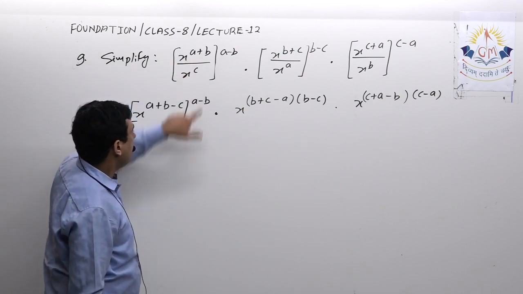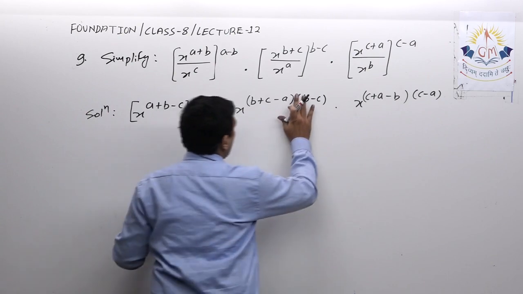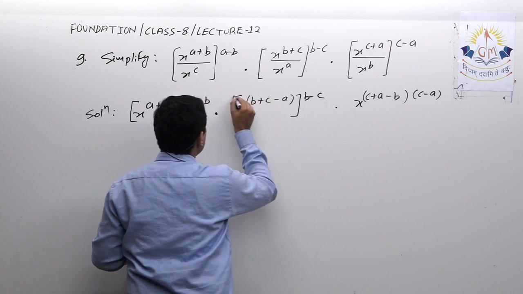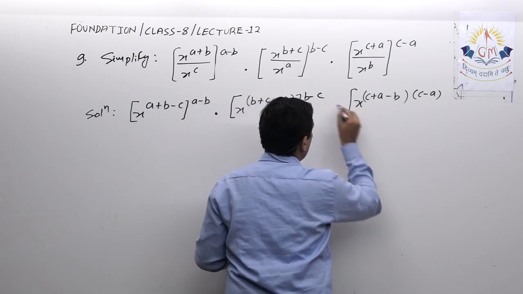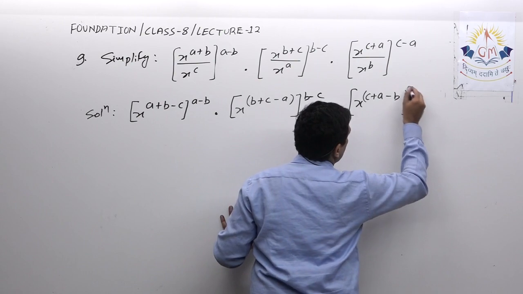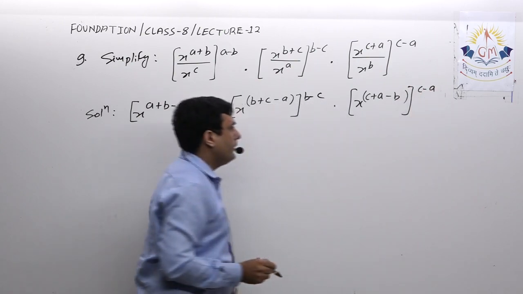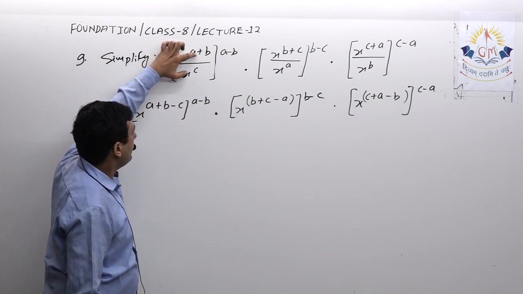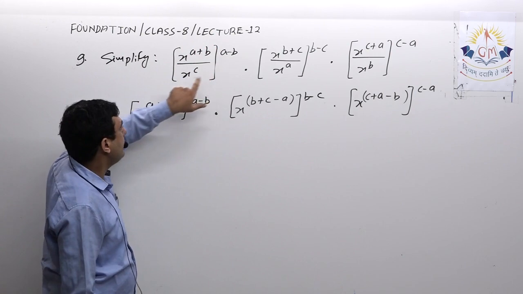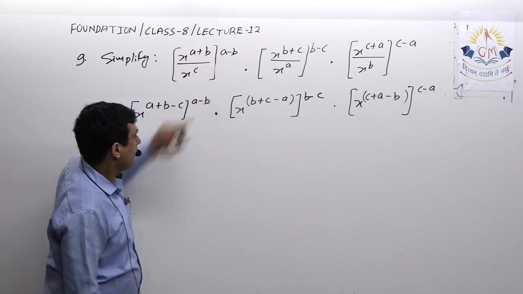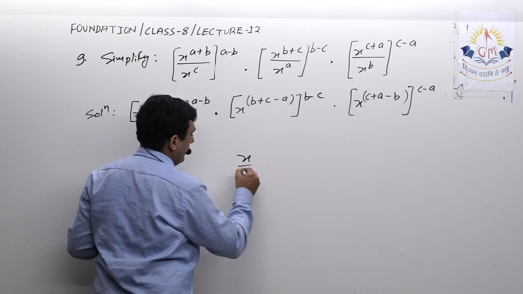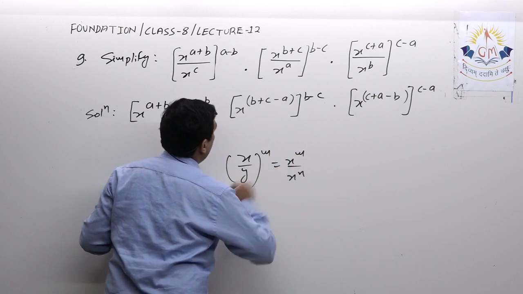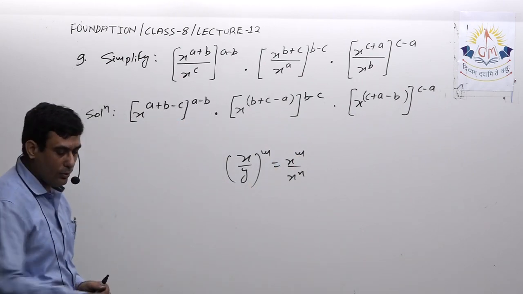Okay, actually here I applied two laws simultaneously. I applied the quotient law as well as I applied the product law. Okay, here actually I should write something like this, b minus c, and over here I should write in this way for your better understanding. Okay, this is the one way. Another way we can do that, I can write x raised to a plus b raised to a minus b divided by x raised to c. That means first I can apply this law, x upon y raised to m is equal to x raised to m upon x raised to n. But here I applied the quotient law first.